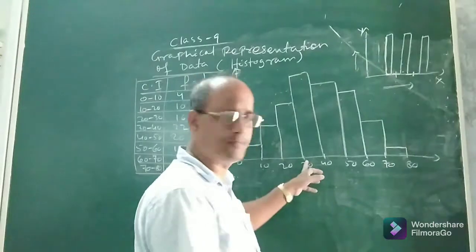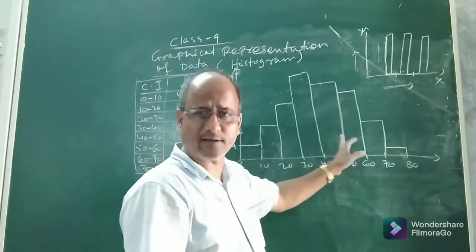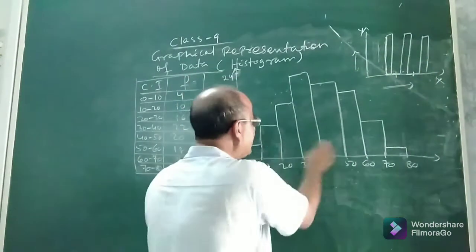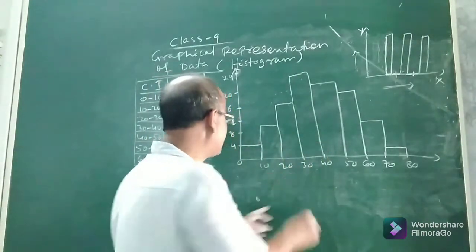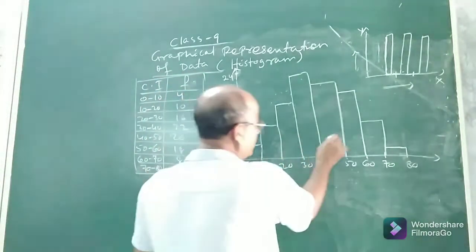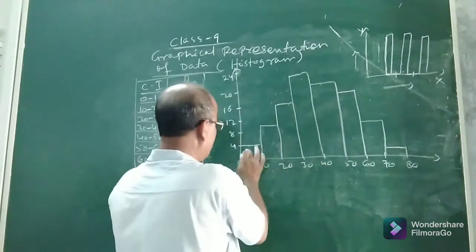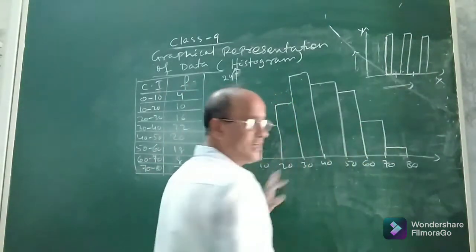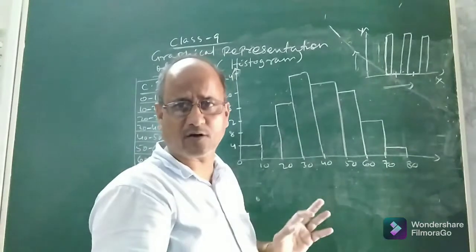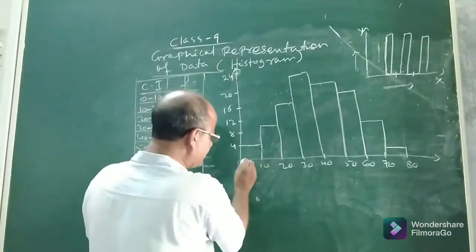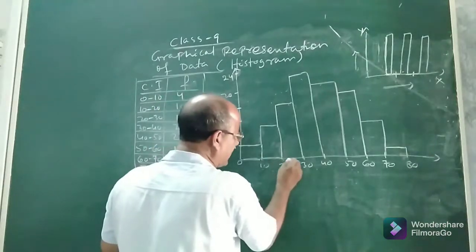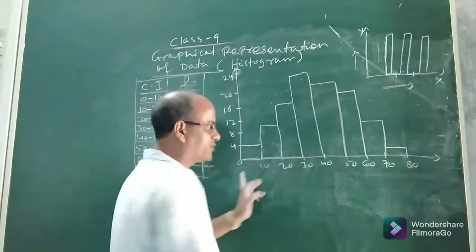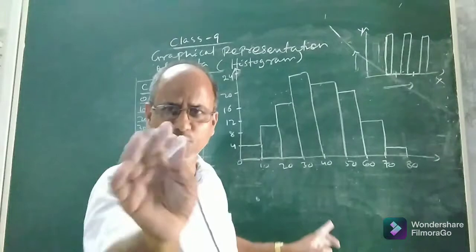But you see, look at this figure. What does this figure represent? This figure also represents bars or rectangles. This is bar 1, 2, 3, 4, 5, 6, 7 and 8. Yes, there are 8 bars or rectangles in this figure also. You see, this is the width of the bar. This is the width of the second bar. This is the width of the third bar. You see, here also the width is the same.